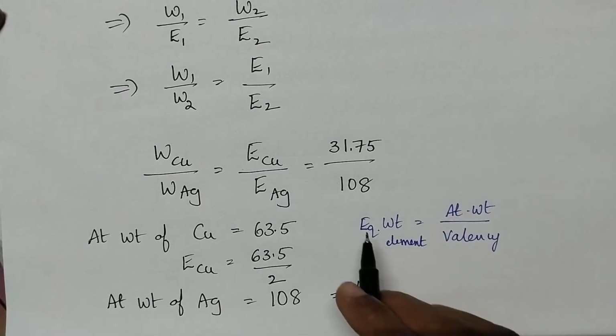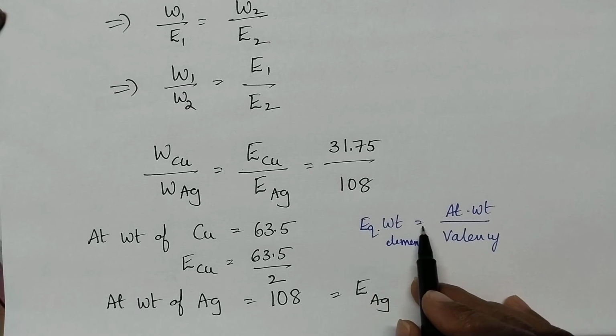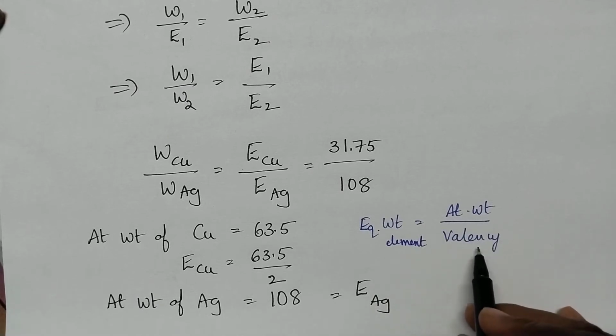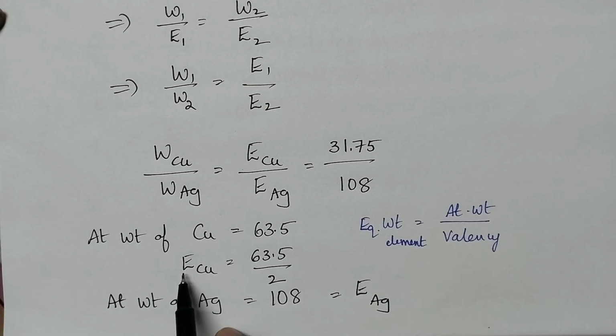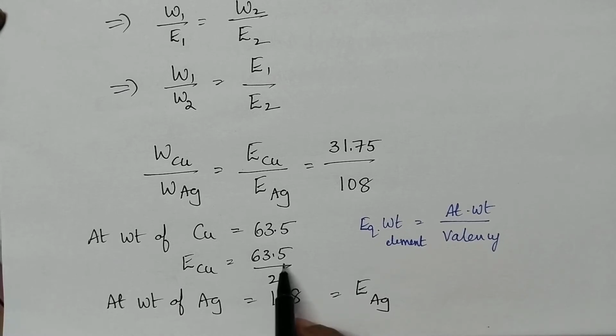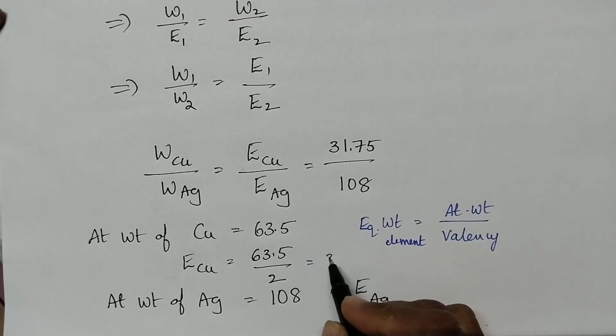Equivalent weight of an element is equal to atomic weight by valency. Let us apply it to this case. Equivalent weight of copper is equal to atomic weight, that is 63.5, divided by the valency, which in the case of copper is 2. So it is 63.5 divided by 2,